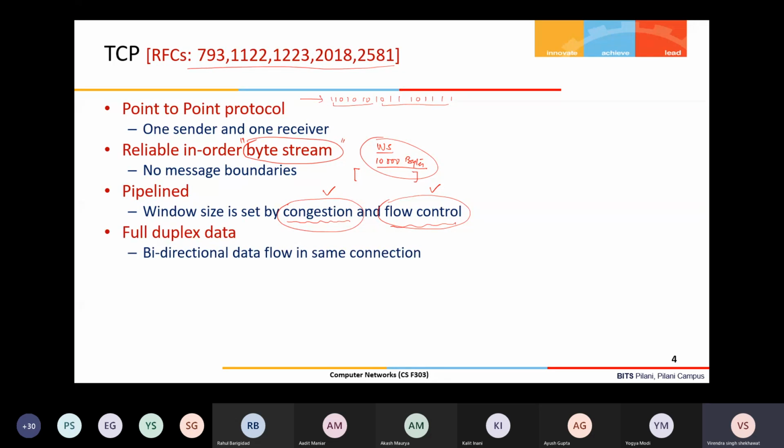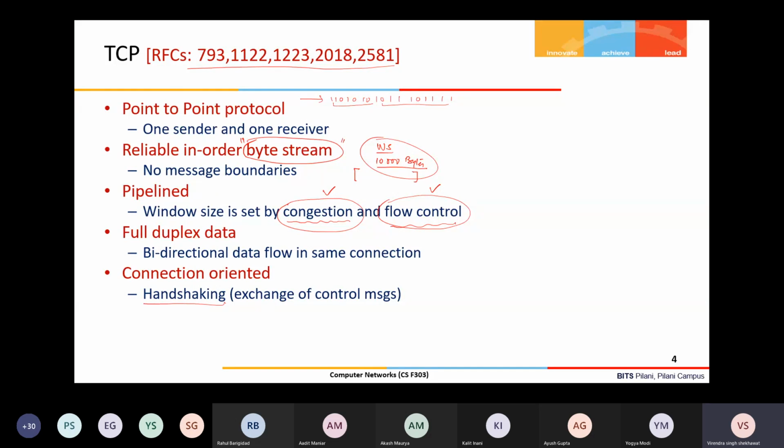Then TCP provides full duplex data, so bidirectional data flow can happen in the same connection. Both sides can send data to each other, and it is connection oriented. So before starting to transfer the data, a handshaking process is used, which we will see in the next slide. In that, they exchange some control messages.